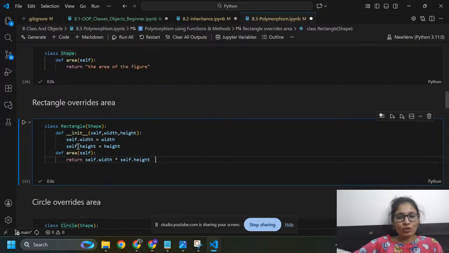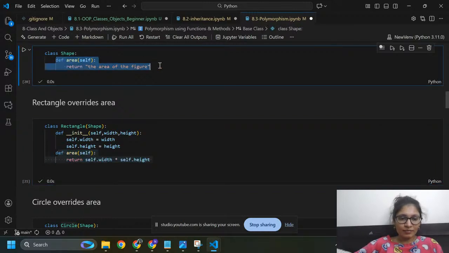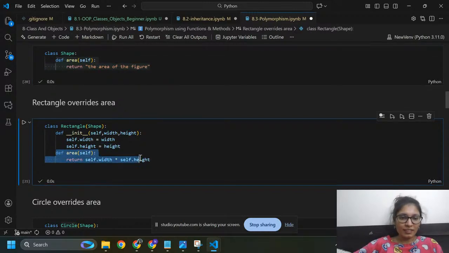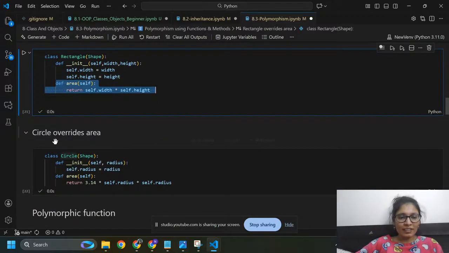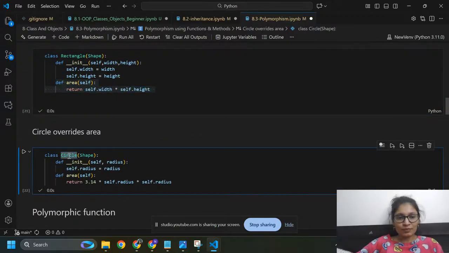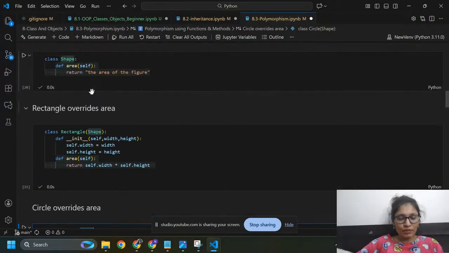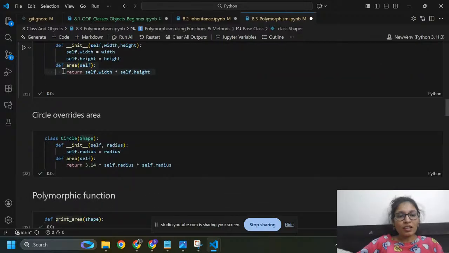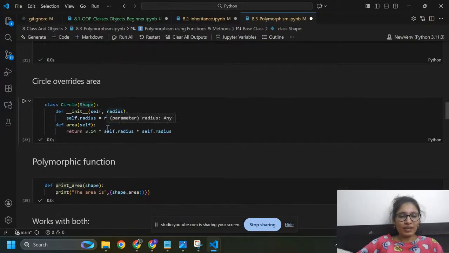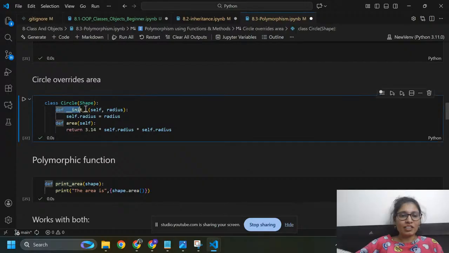And this is also called method overriding, because Rectangle overrides the area here. Here you can see area. Previously I had area like this. Now it will override the area here. Now Circle overrides the area. This is also a child class, and it inherits the properties from Shape. Shape is the parent class. This is the constructor, and Circle only has radius, so that's why I need to store